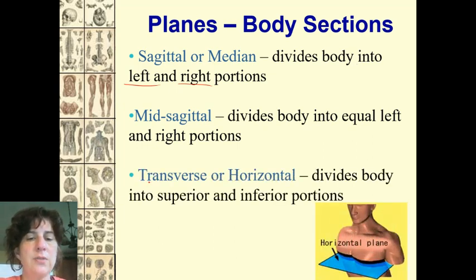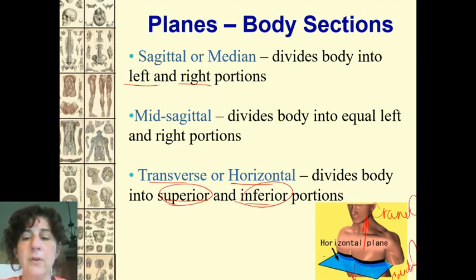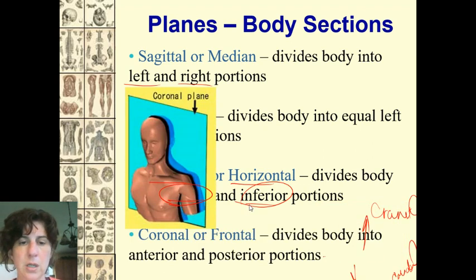Then I have transverse, also known as horizontal. Again, either term's fine. That divides you into a superior and an inferior view. So our cranial versus caudal is another term, cranial and caudal. But superior, the top, and the inferior. And again, it doesn't have to be right there in the chest. It could be anywhere. I could do a transverse cut right here on my head. I can do it right up here. I can just barely get it and it still has a transverse cut. It's just a cut that goes this direction, or horizontal.